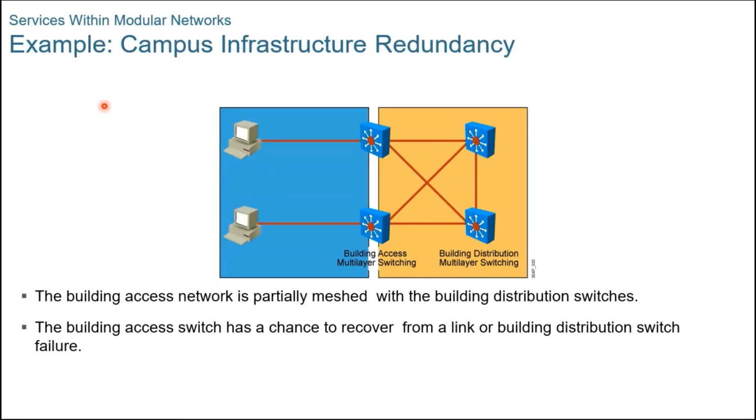Now, an example of campus infrastructure redundancy. A full mesh forms any-to-any connectivity and is ideal for connecting a reasonably small number of devices. However, as the network topology grows, the number of links required to maintain a full mesh increases exponentially. The number of links in a full mesh is n times (n minus 1) divided by 2, where n is the number of routers. As the number of router peers increases, the bandwidth and CPU resources devoted to processing routing updates and service